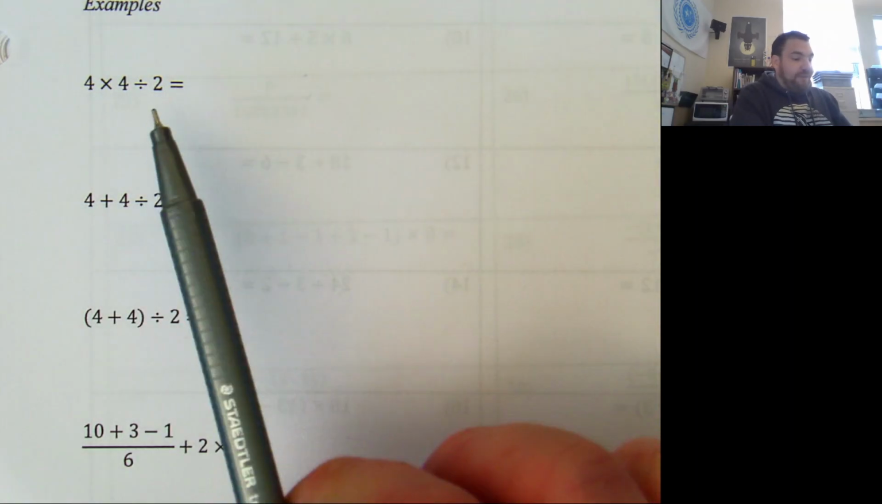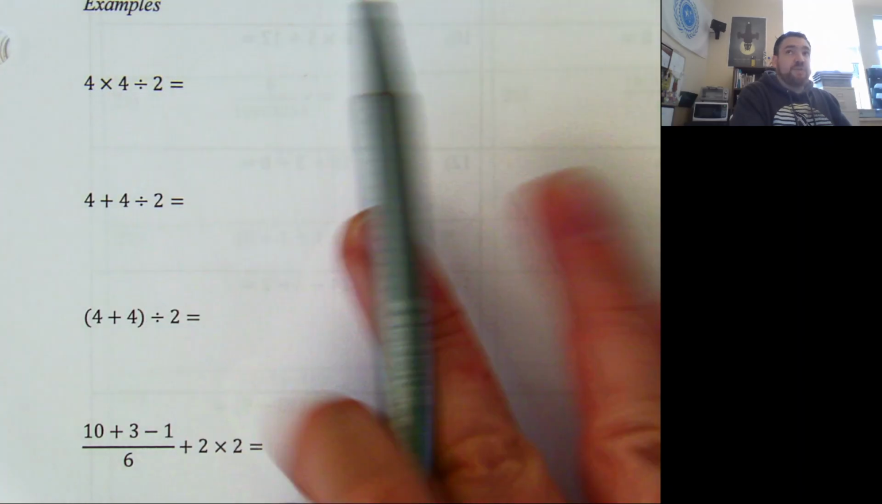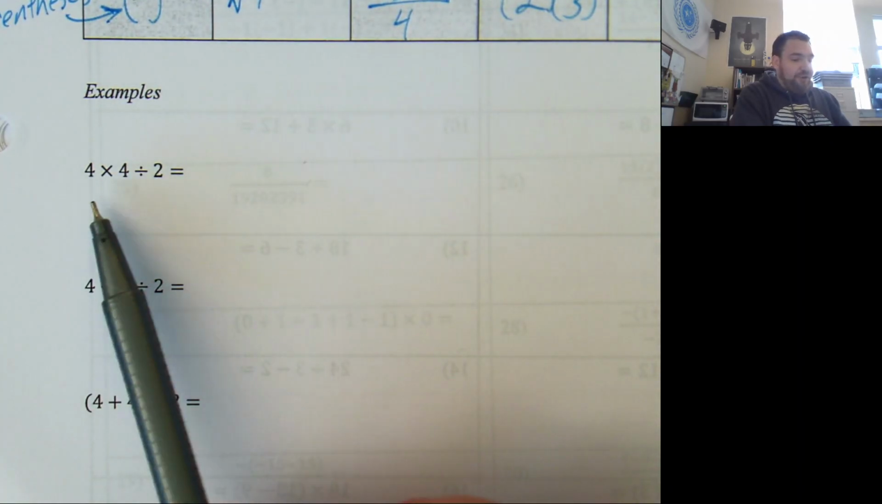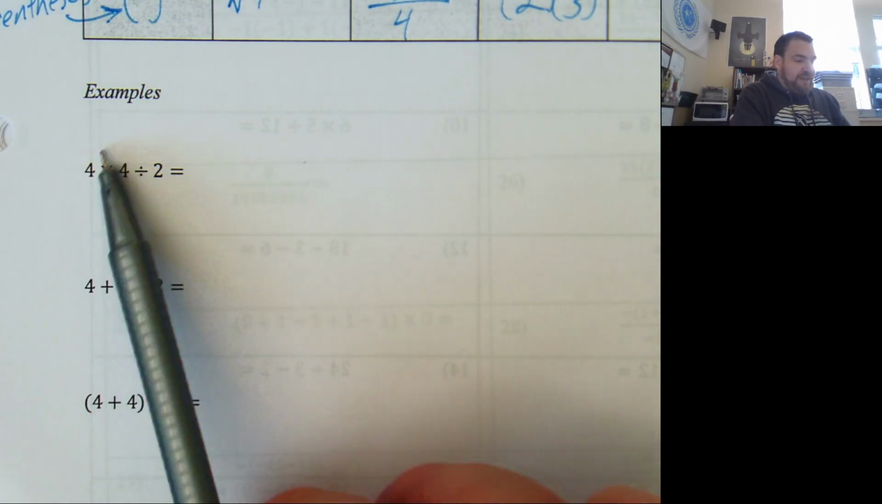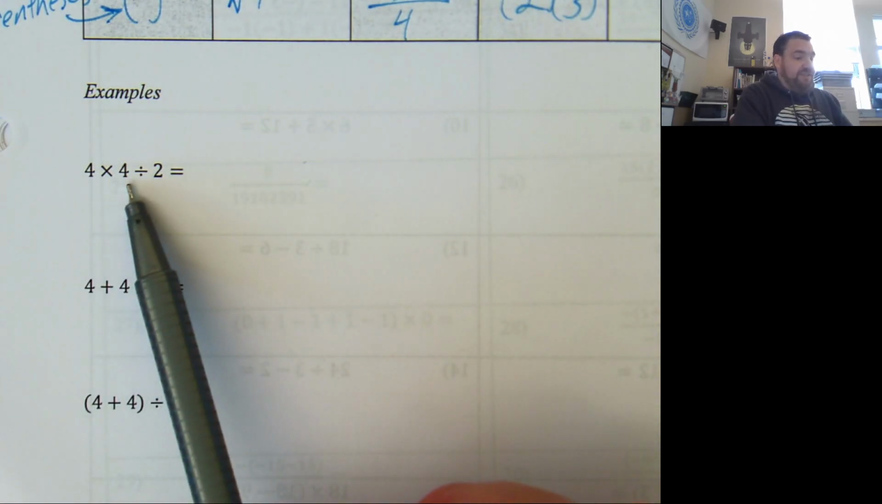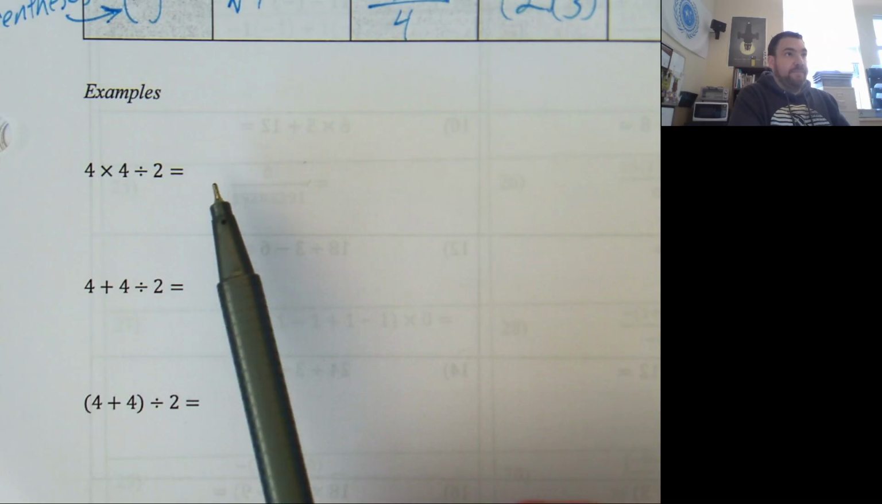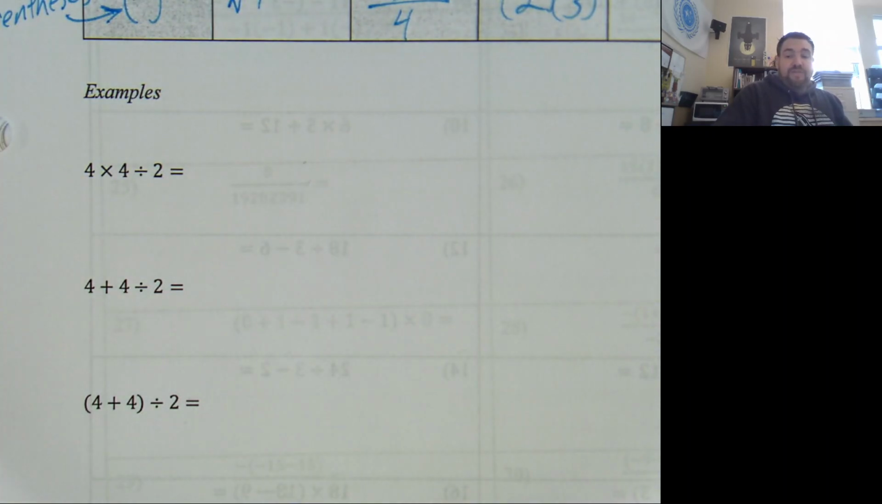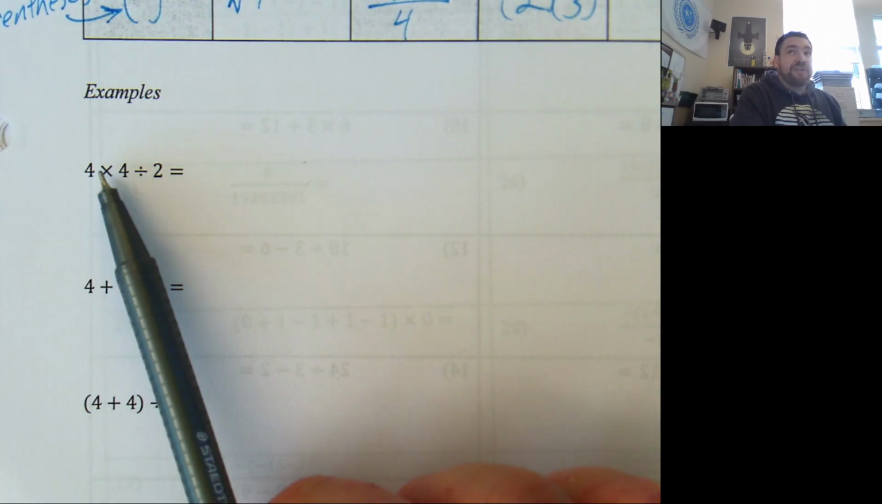So I've got an example here. This one is just multiplication and division. I'm multiplying these two things together. I'm dividing by this. And so when all we have is multiplication and division, I just go left to right. We've got our multiplication tables. Some of you have this stuff memorized. That's great. 4 times 4 is